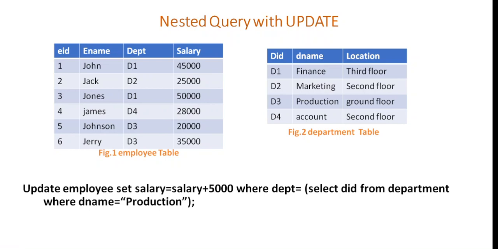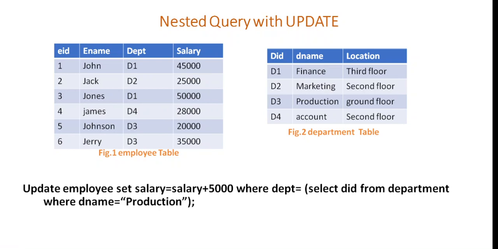So first we need to find out the department ID of the production department, and that department ID can be located by using the subquery select DID from department where D name equals production. Your subquery will give you output D3. Now compare that D3 output with the outer query. Okay, so update employee set salary equals salary plus 5,000 where department equals D3, which is the department